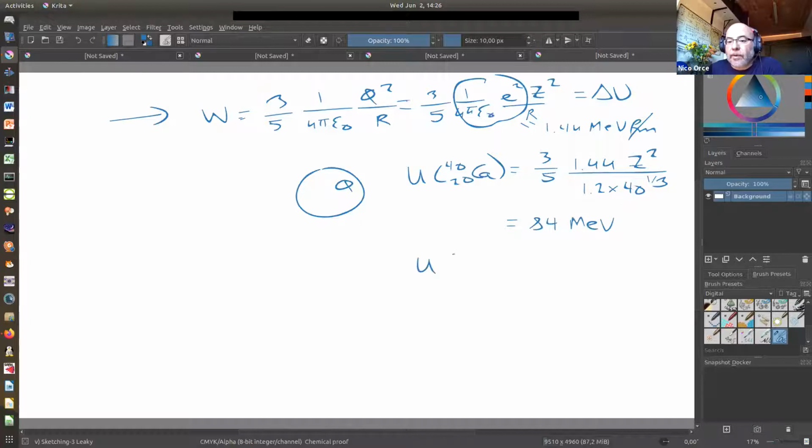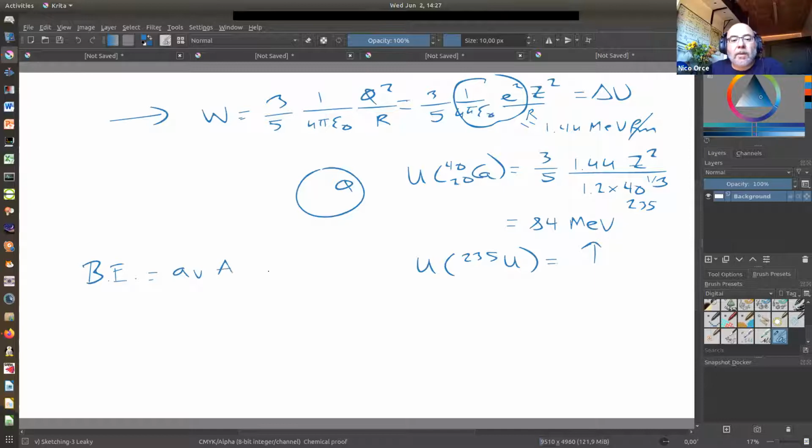Obviously, you do the same thing for uranium 235. So then you will have 235 here, and whatever is the charge of uranium, obviously you will have a much bigger number. I will give you an estimation of the repulsion of uranium 235 and how much. That's why you need a little bit of a neutron to hit the uranium 235 and split it into two, as we saw. So basically, we have another term here in the binding energy, which will be